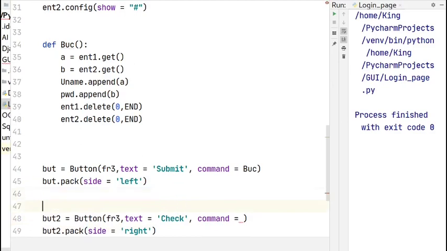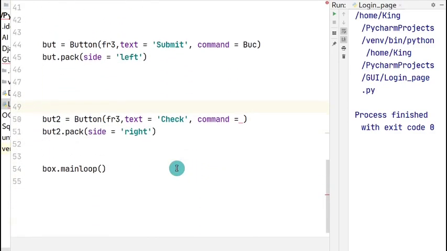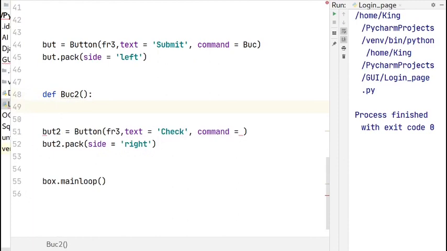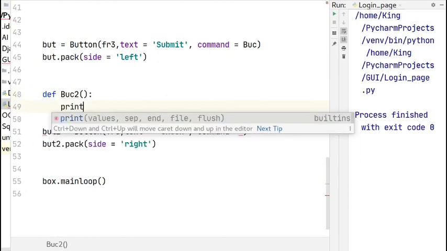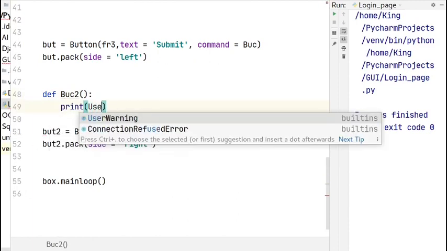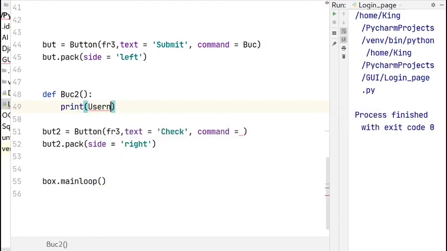Now I'm going to create another function to print out the uname and the pwd list. So define, I'll name it as buc2. I'm going to print usernames, and this should be a string.